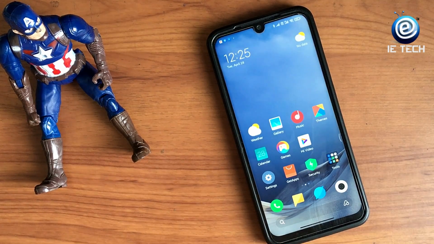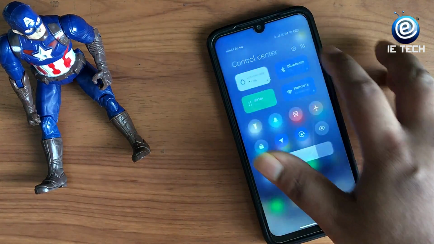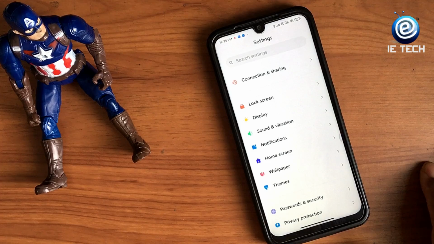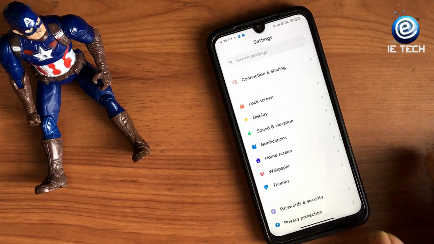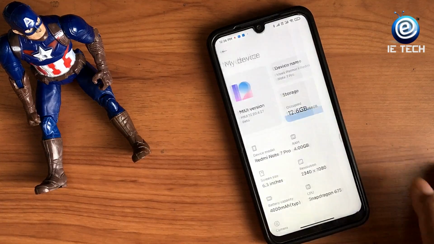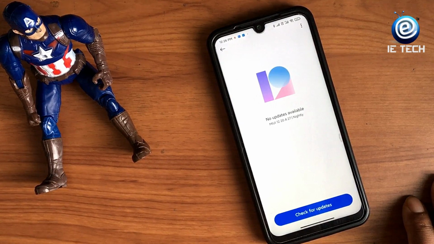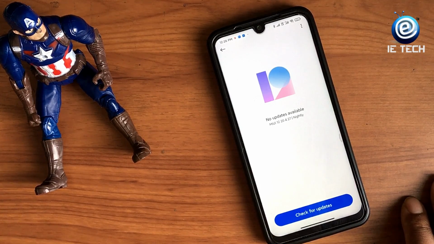I will tell you about the availability of this ROM. This ROM is going to be available for everyone in 3 batches. The first batch of MIUI 12 will be rolled out by the end of June, but I don't think that's a correct date.